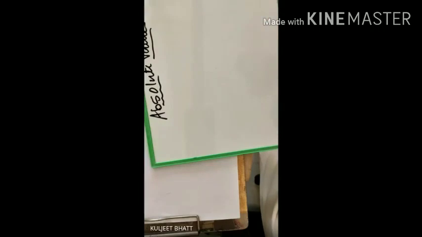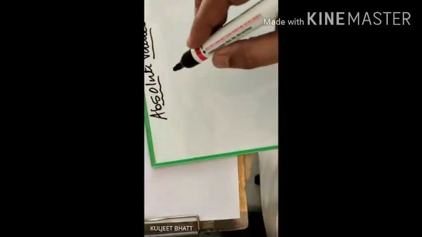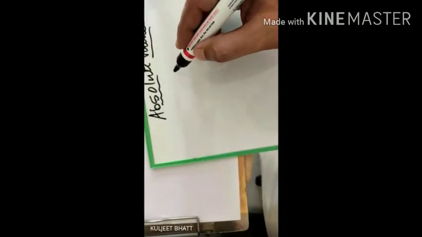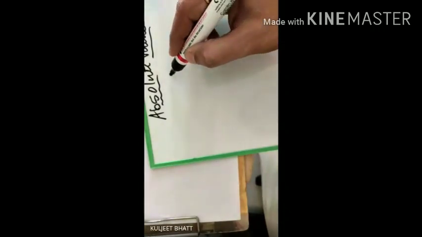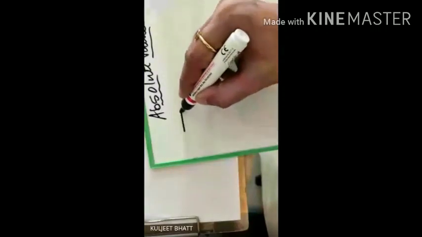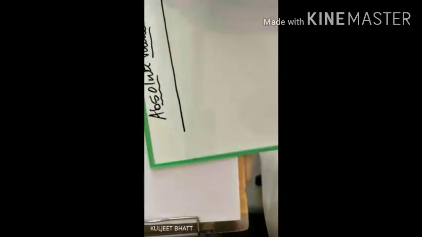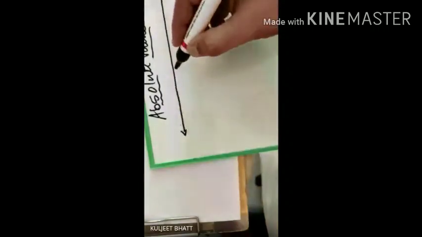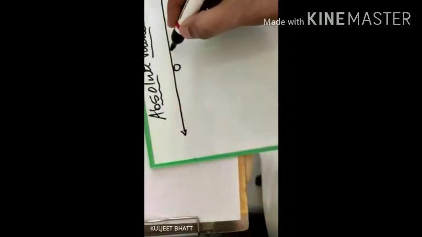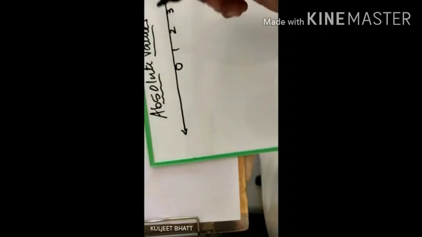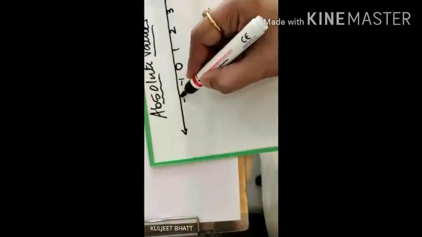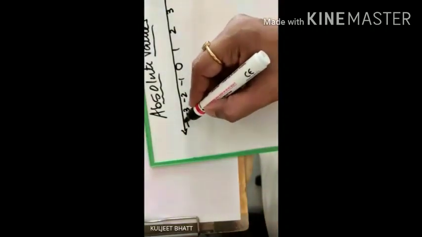Absolute value is nothing but the number, the integer, and how far it is equidistant from zero. Suppose, for example, I draw a number line. You can all see me drawing the number line. No one should speak, just listen. I have drawn a number line. As usual, I have plotted 0 in the middle, and 1, 2, 3, 4, numbers like that, over there. Opposite of that, I put -1, -2, -3, and likewise -4.